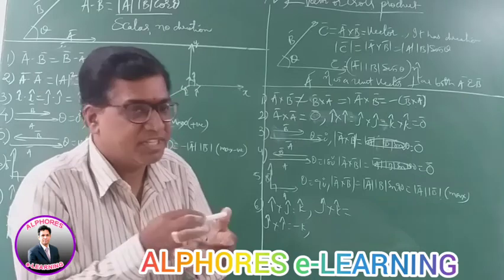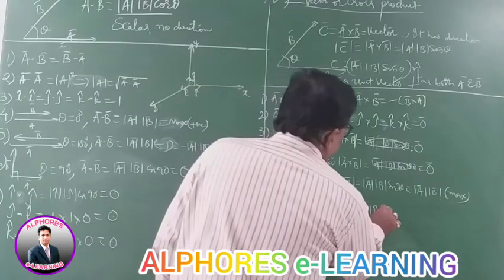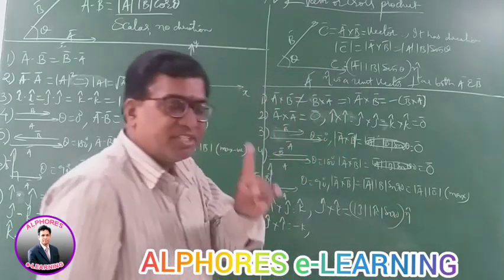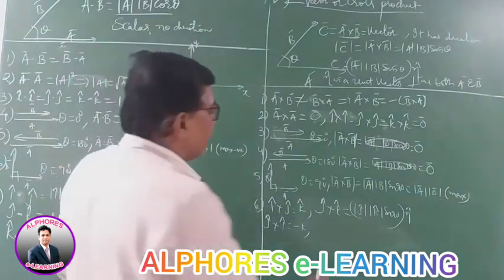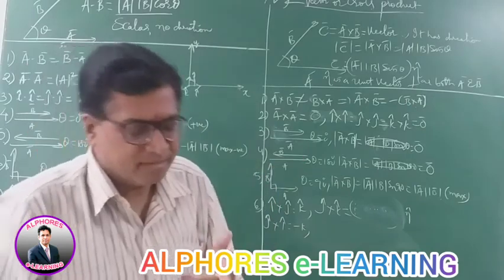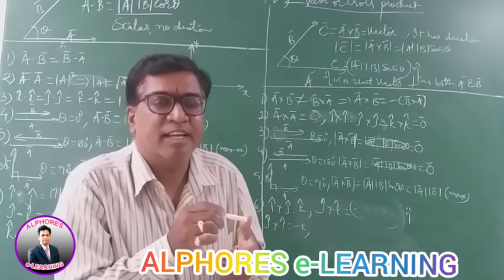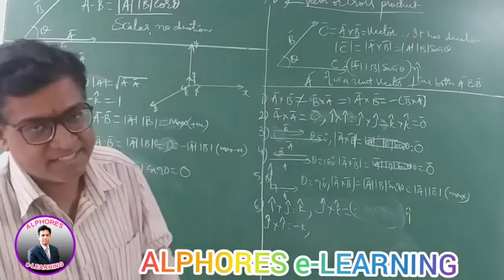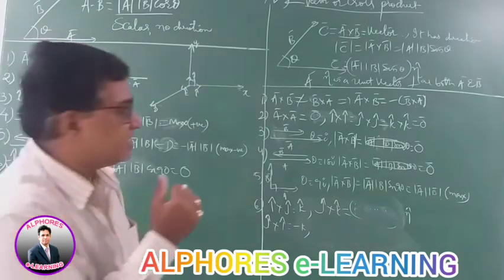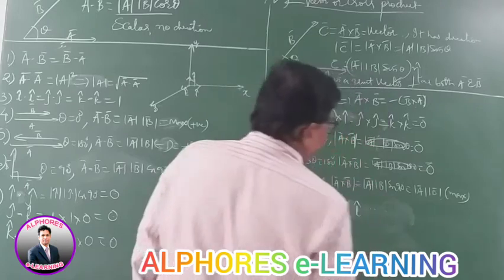Well, the cross product j cross k, again if you find out, it's mod j mod k sin of the angle, sin 90 into n̂. Well, mod j is unit vector 1, k is 1, sin 90 is 1, all are 1 here. So it is a unit vector n perpendicular to j and k. j is y, k is z. The vector perpendicular to the yz plane is x, right? Unit vector like the x axis. According to the right hand thumb rule, it is the positive x axis. So it is plus, applying the directions.